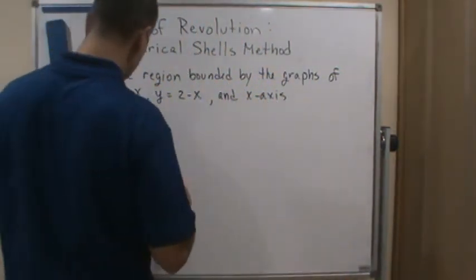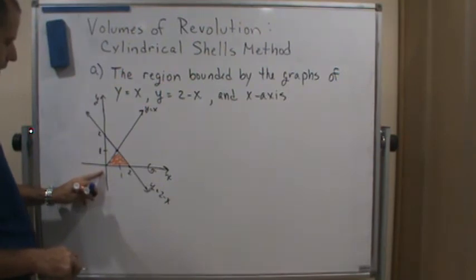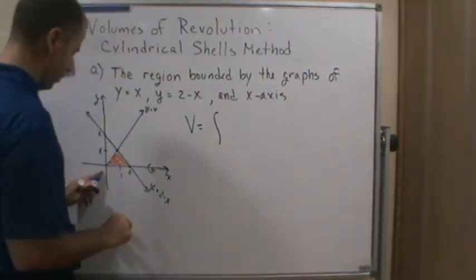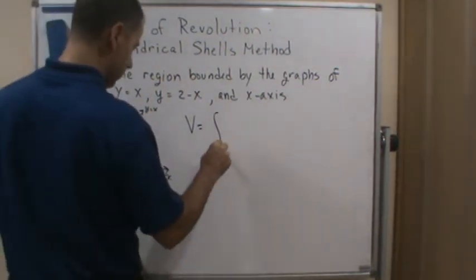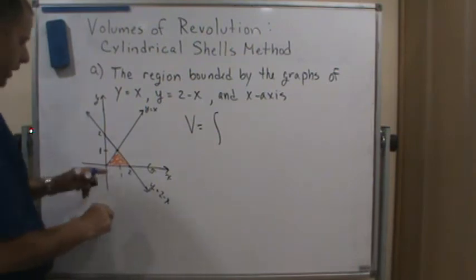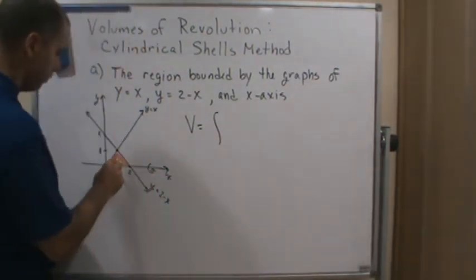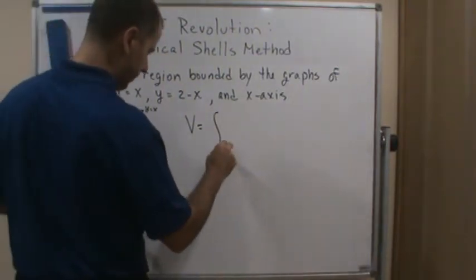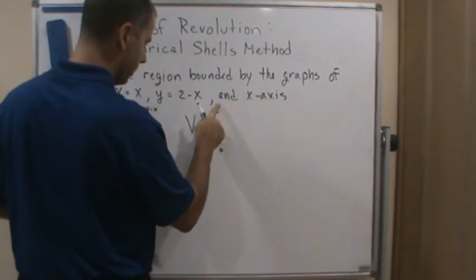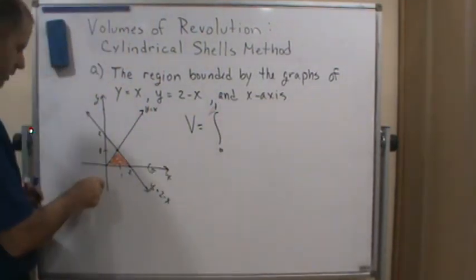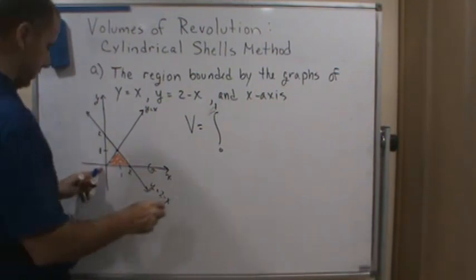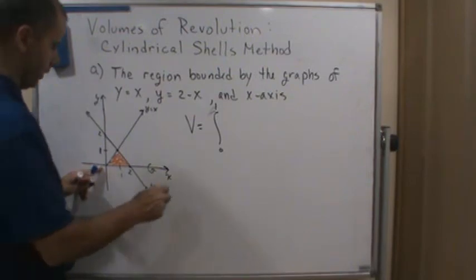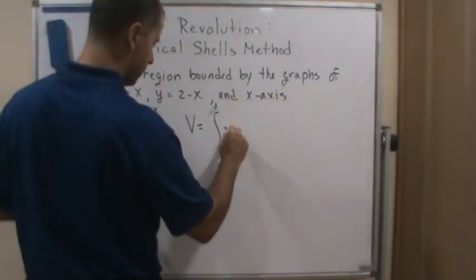Okay. So if we used the cylindrical shell method, this is the way we would calculate the volume. So it would go from 0 to 1, right? Excuse me. So we're going from 0 to 1. So this is in the y direction. And then, cylindrical shell method, so it's going to be 2 pi